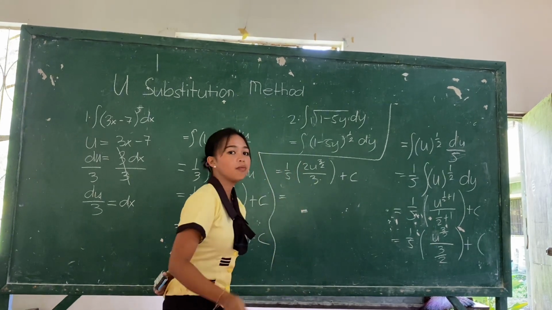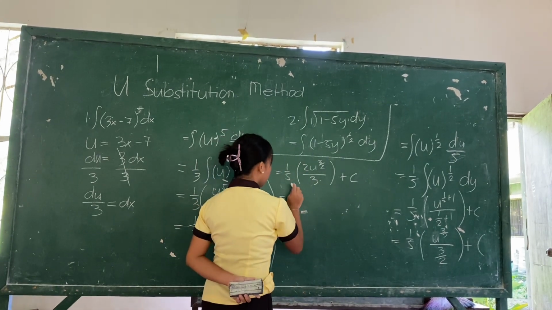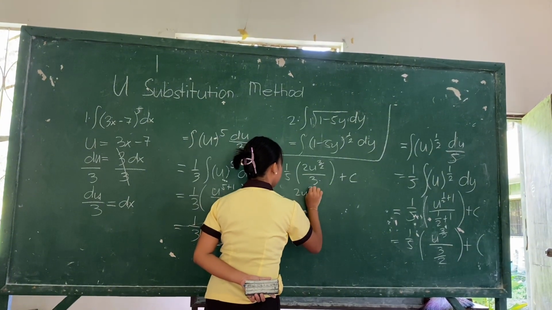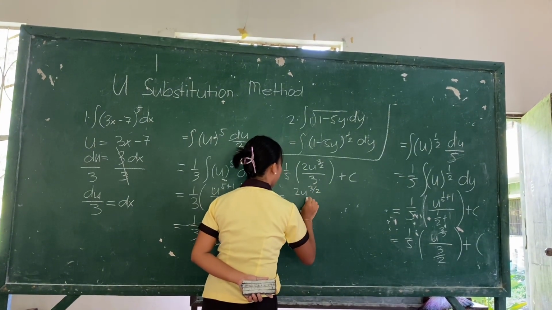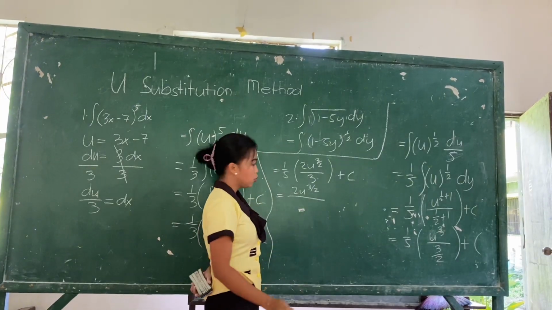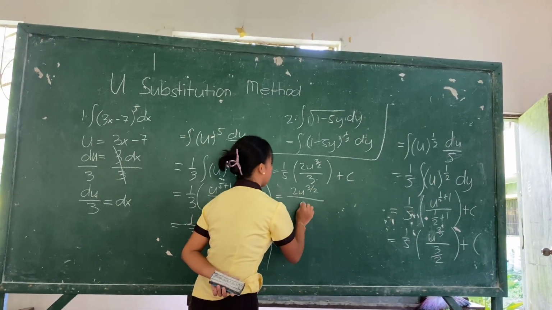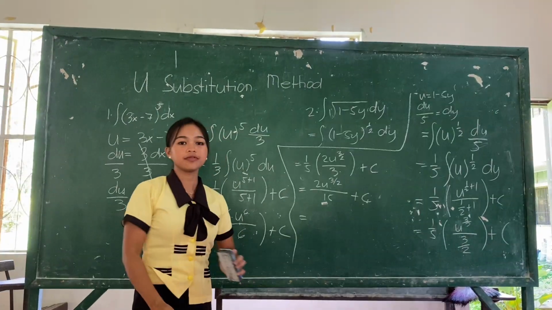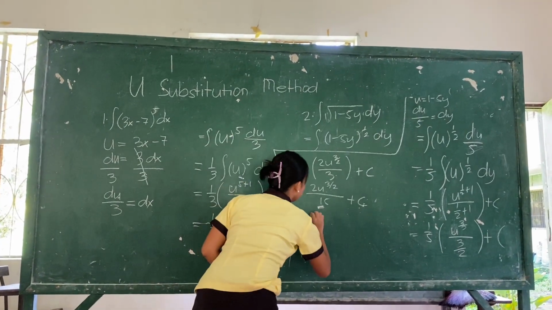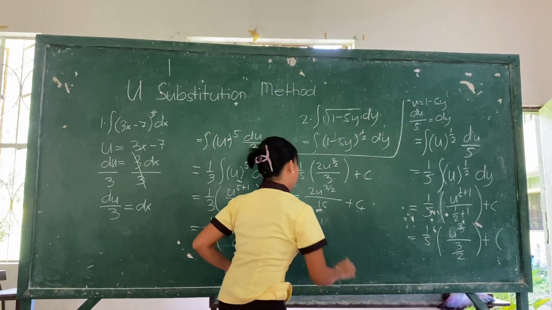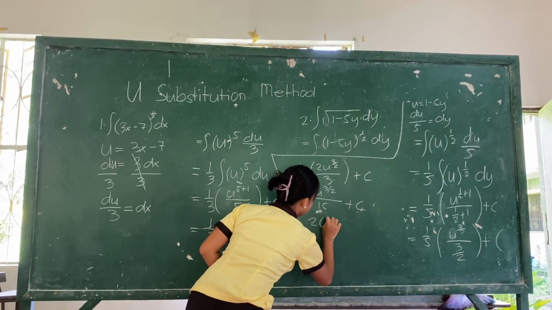Next step, multiply this. 1 times 2u raised to the power of 3/2 is 2u raised to the power of 3/2. Then 5 times 3 is equal to 15 plus c. Next, we will substitute the value of u, which is 1 minus 5y. That's 1 minus